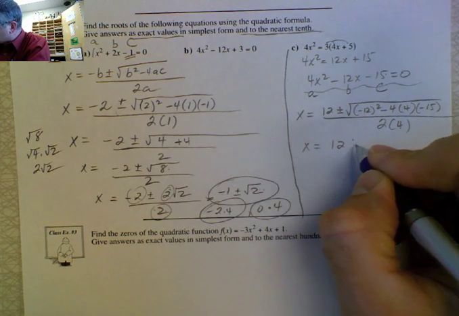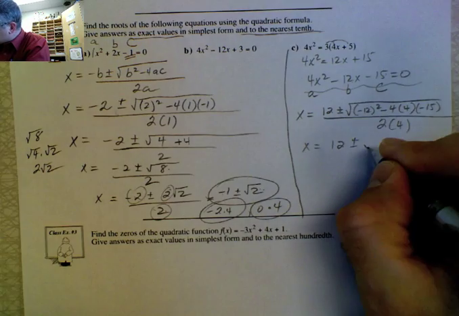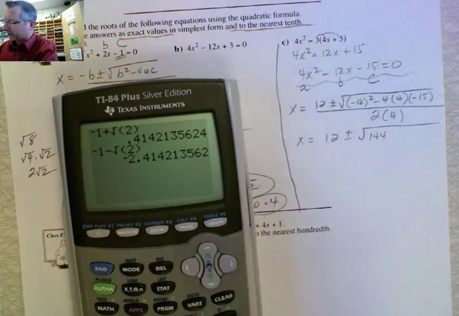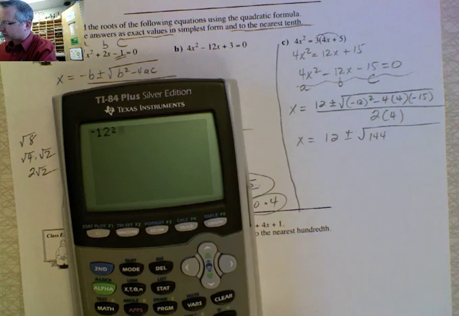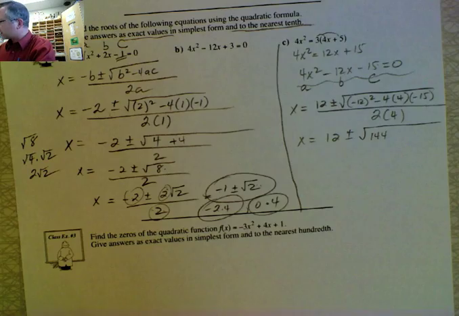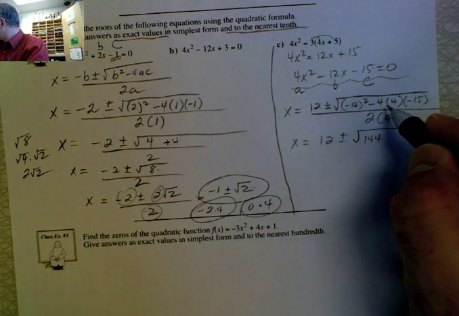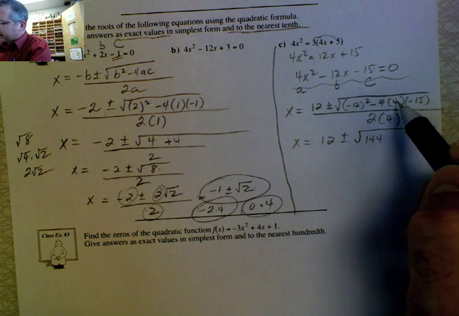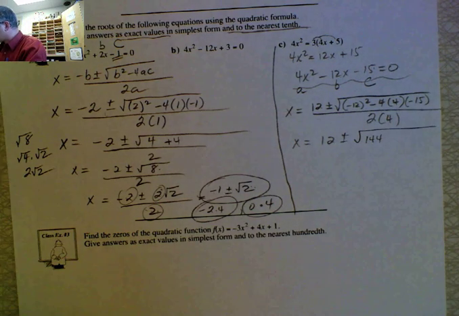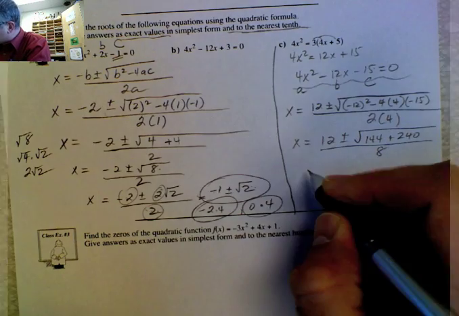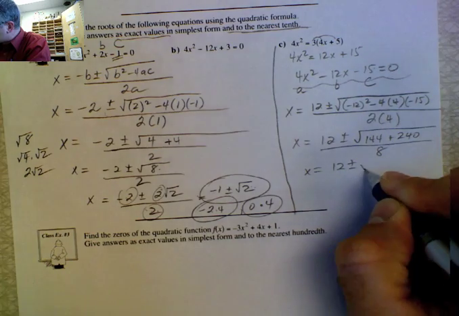So this gives us 12 plus or minus the square root of... negative 12 squared is 144. You need to be careful on your calculator. If you go negative 12 and square it, it's going to give you negative 144, and that's wrong. Whenever you square a negative value, you have to put it in brackets, and it gives you a positive answer of 144 here. If we take negative 4 times 4, that is negative 16, and negative 16 times negative 15 is going to give us 240, all over 8. So this is 12 plus or minus